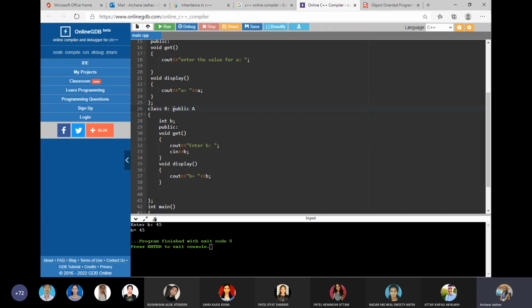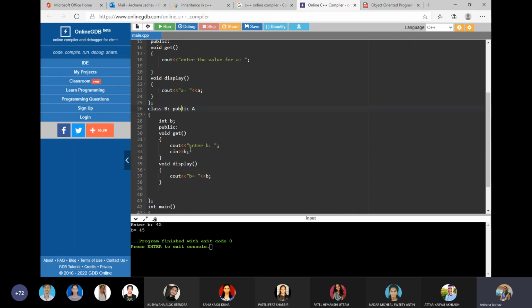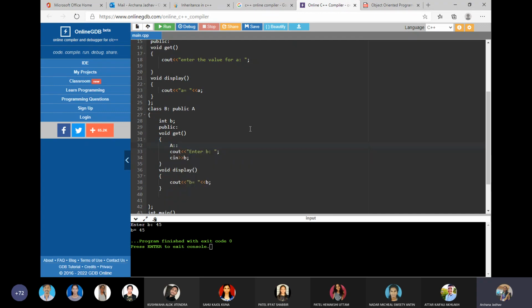Public means what? If we have given public as the accessibility mode here, that means whatever we are accessing from class A will remain public for class B also. So get method and display method will be accessible to it. So how will I be accessing it over here? To access it over here, I have to call it like this: A, the class name, followed by get, semicolon. Same way, to call the display method, I have to call A